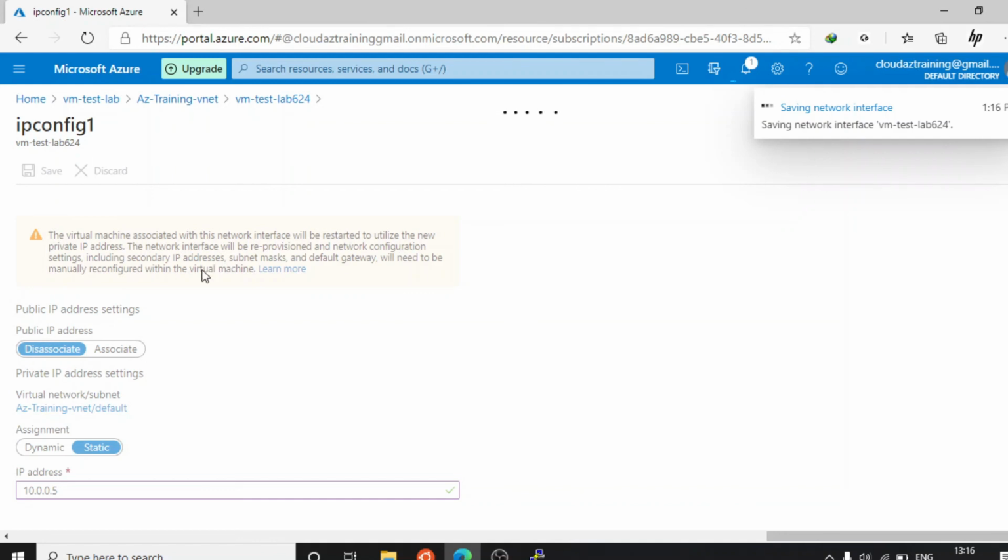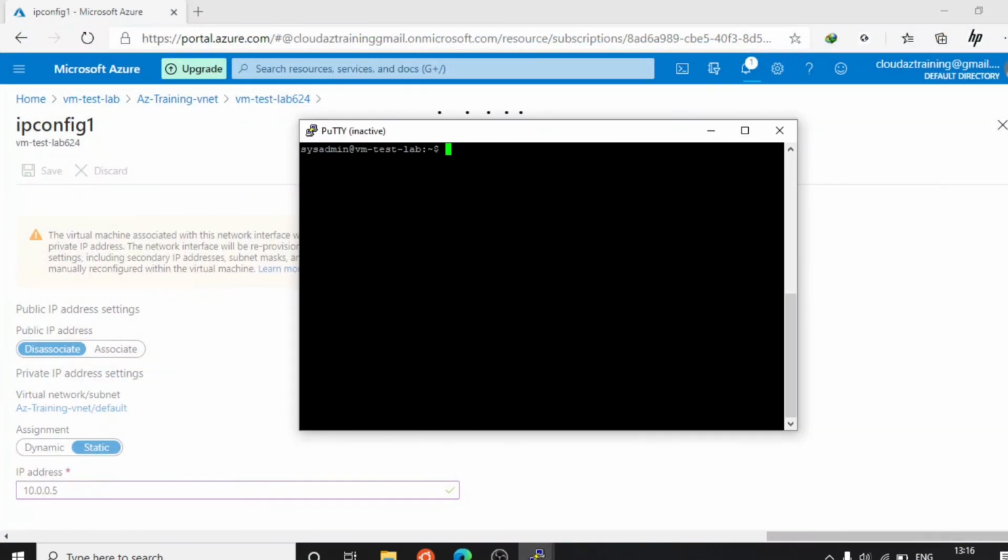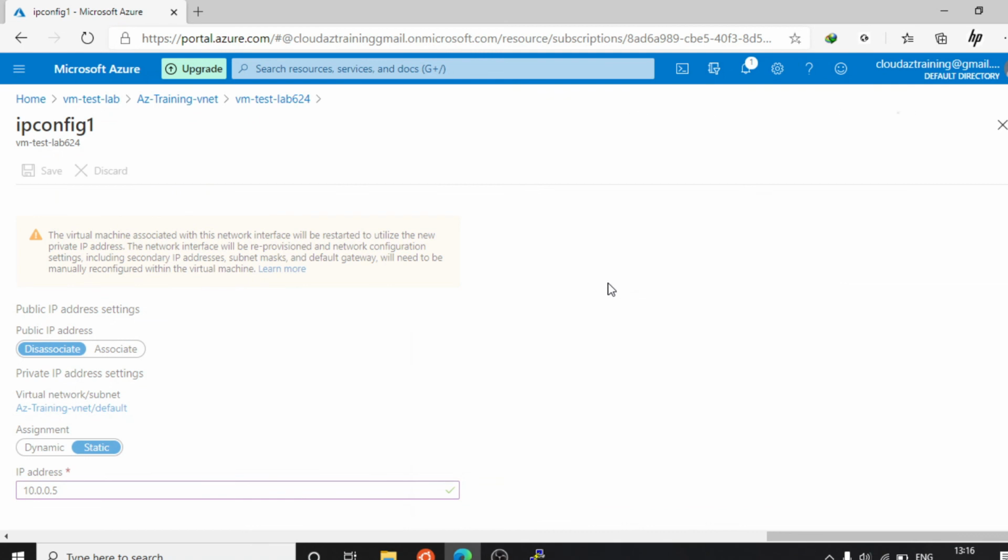Basically it will restart in the backend. As we can see, our connection got lost because the VM restarted in this condition. Remember these things if you are going to do this in production.